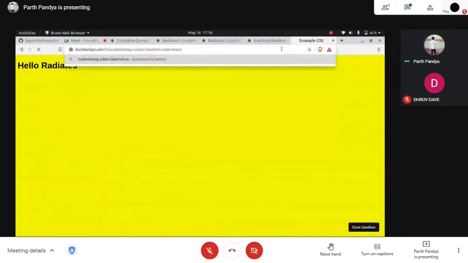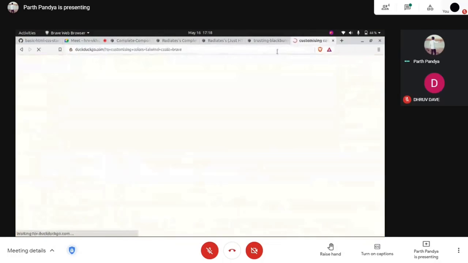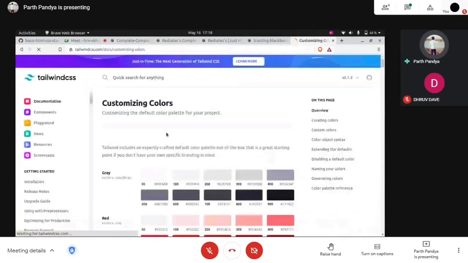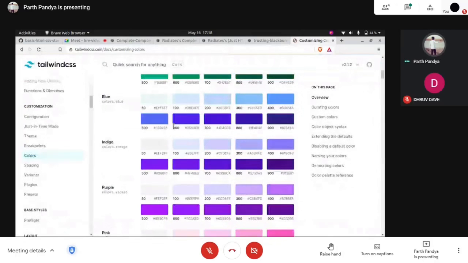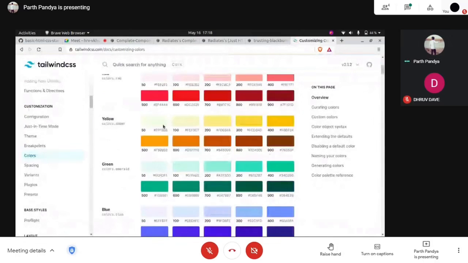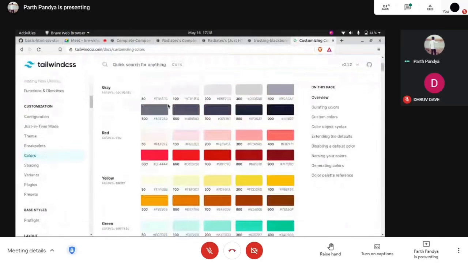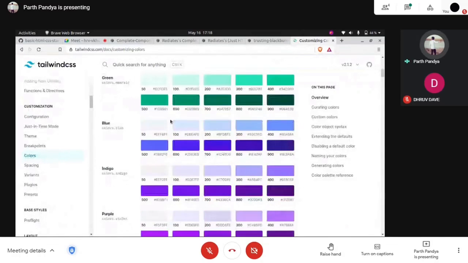Tailwind CSS. So here we have a bunch of colors we can choose from, and these colors are literally good to see, good for your eyes. So what we have done,